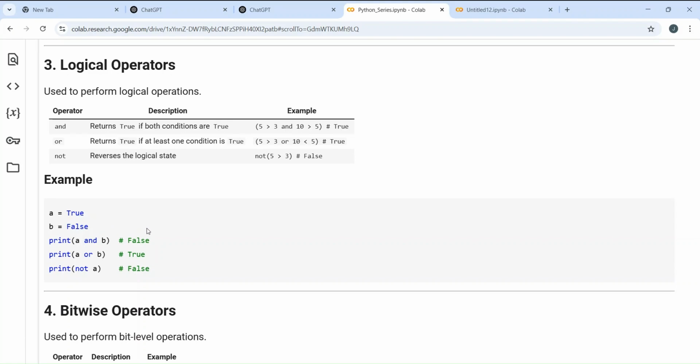For AND gate, if you are applying AND gate on any two operands, both of the operands have to be true. Otherwise, the output will be false. If you have one true value and one false value, and you're applying an AND gate, the output would be false. The AND operator, the OR operator, the NOT operator, they work similar to our AND gate, OR gate, and NOT gate. Same conditions apply here. There you are calling it gate, here we are calling it operator. So all of these are logical operators.